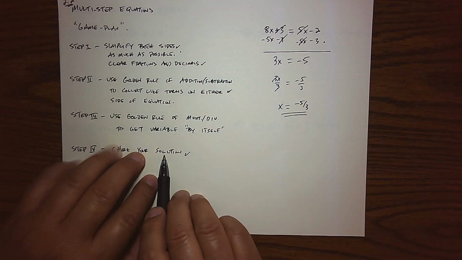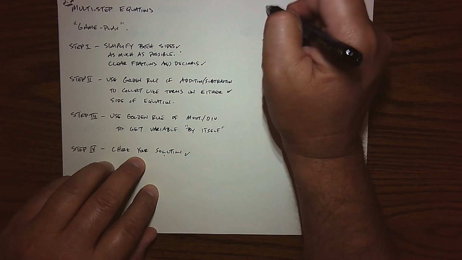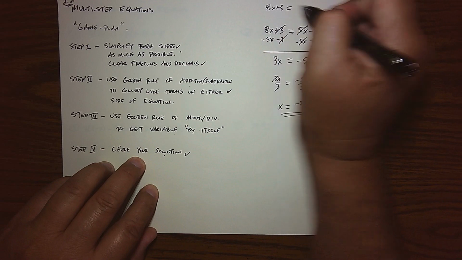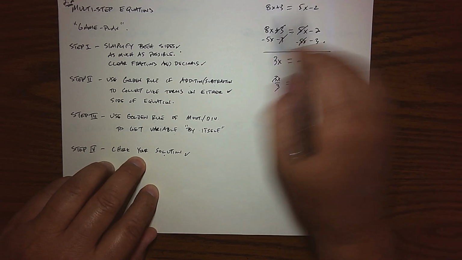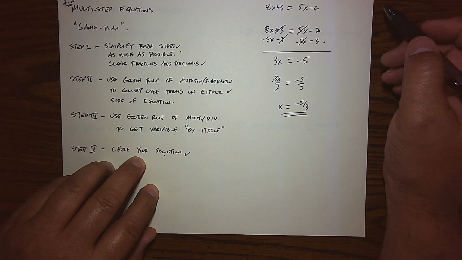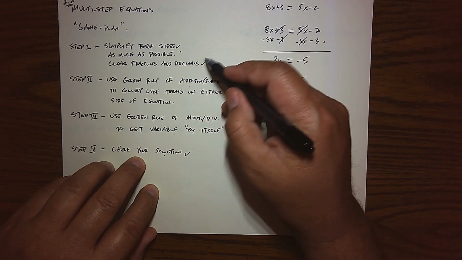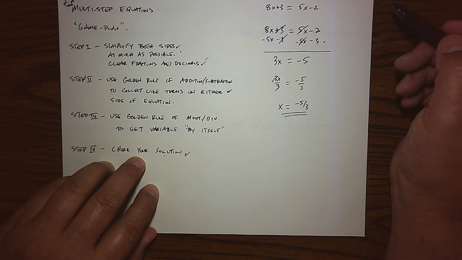If I wanted to check it, I'd go back to the original equation. I think it was this one right here. Replace that x with negative 5/3, and we'll find that we get a true statement. But I'm just going to concentrate on the first 3 steps because that's really the most important part at this